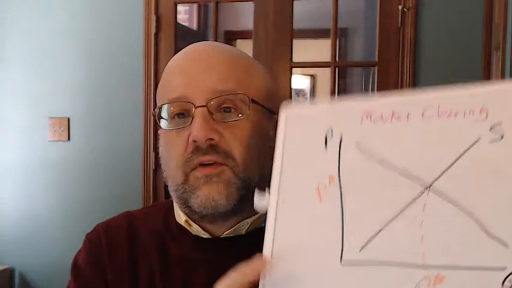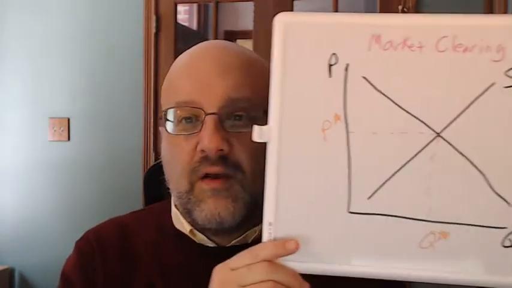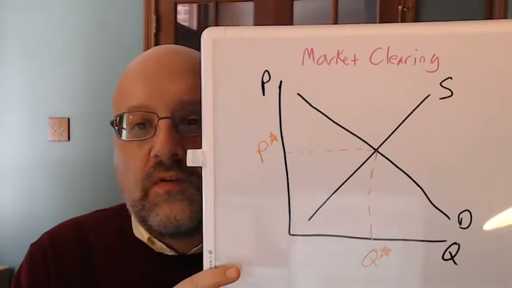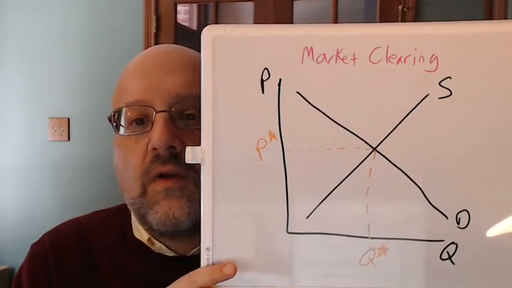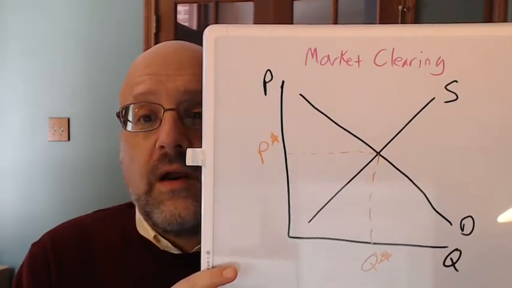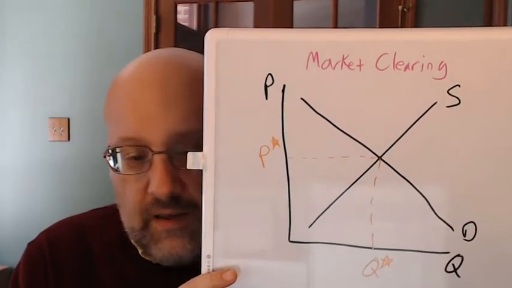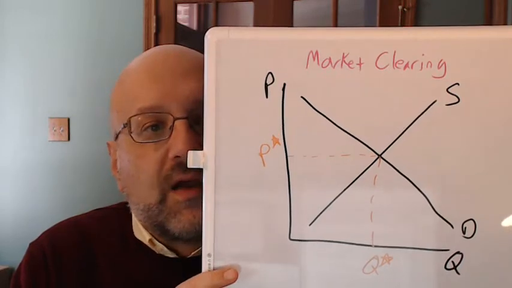So when we begin to actually think about putting supply and demand together, we can think about visually what happens when we look at the two curves. If we go back to my whiteboard here, we have supply and demand together on there. We have the upward sloping supply curve, the downward sloping demand curve. Notice the part in orange there. I've identified what we call the market clearing price, P star, and the market clearing quantity, Q star.